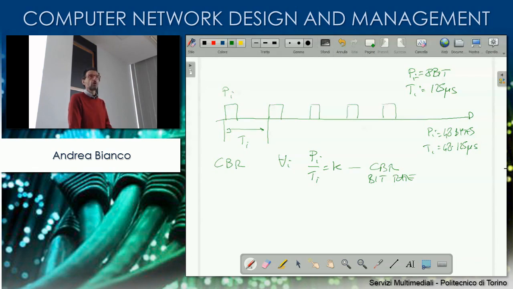Okay? An uncompressed video is the same. If you don't compress the video, you take the video size in terms of number of lines, number of pixels per line, number of colors, the rate at which you want to represent the chrominance and the luminance. You can come out with a number, which is a fixed amount of data you generate every 1/30 seconds if you have 30 frames per second, etc. Exactly the same. All of them, uncompressed voice, video, audio, or any regular data generation process, are characterized as CBR, constant bit rate sources, with a single parameter, if you know the data size. Okay? So it's completely predictable,